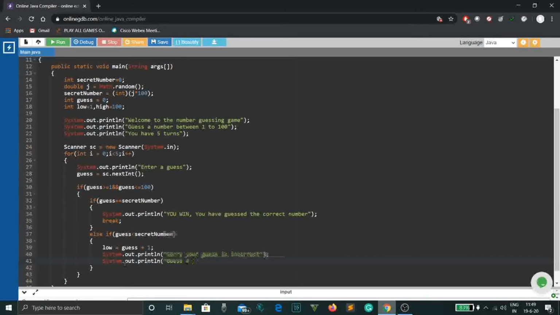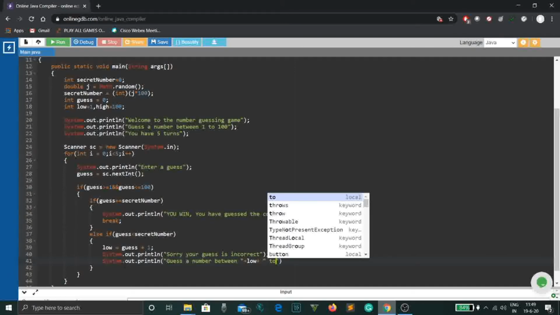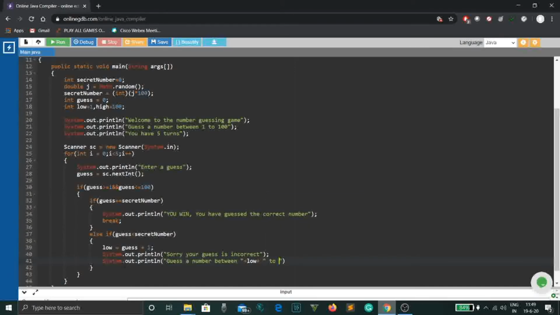We'll type "Guess a number between", then the plus operator or the concatenation operator, then we'll write low. Remember, now the value of low has been updated to guess + 1. Again we'll type the plus operator, write "to", again the plus operator, and we'll write high. Then we'll type the semicolon again.